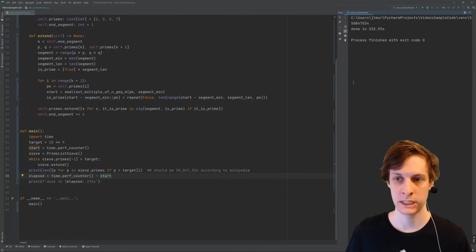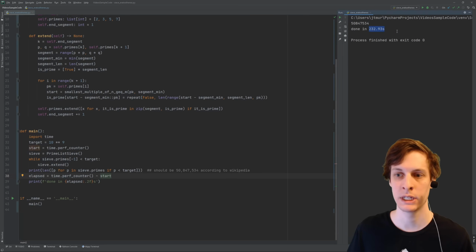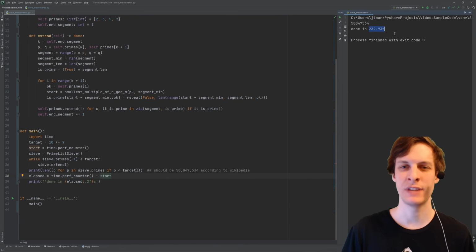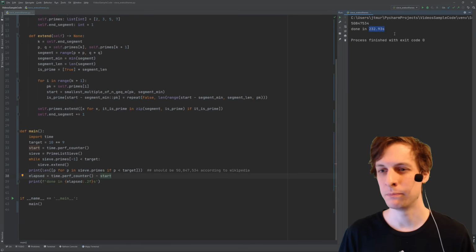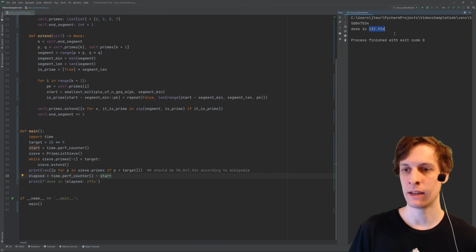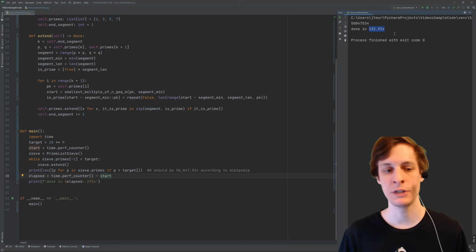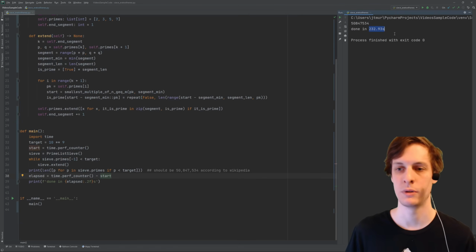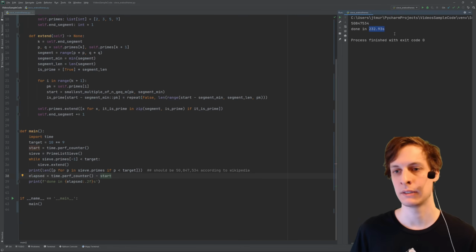Okay, so it looks like it did finally finish. And okay, so it gave me the right number, but you see that this took 233 seconds. That's too slow. So I could just save the prime numbers to a big file, and then this runtime wouldn't be as much of an issue. But I was really looking more for a solution where I could just, whenever I needed to, load up however many prime numbers I needed without having to read or write from a file. So I think I'm going to go a different route and try something else, try to make this even faster.